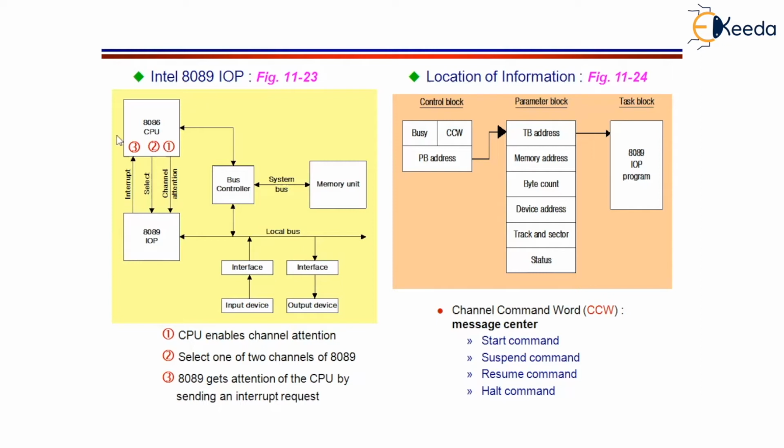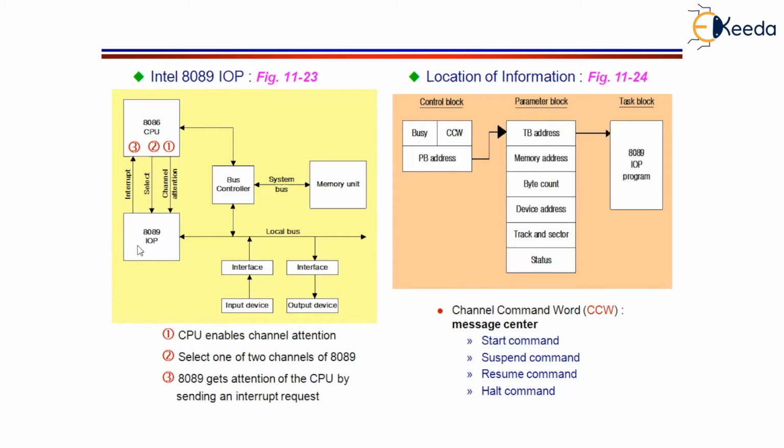When 8086 is executing a program, it is going to execute the normal flow of the instructions. But when it comes to an IO program, it is going to communicate the same to the 8089 IO processor. And the 8089 IO processor is going to carry out that IO program, thereby the transfer from peripheral device to the main memory or vice versa will get finished. Now let us have a clear look at how the 8089 is going to function. Let us see.